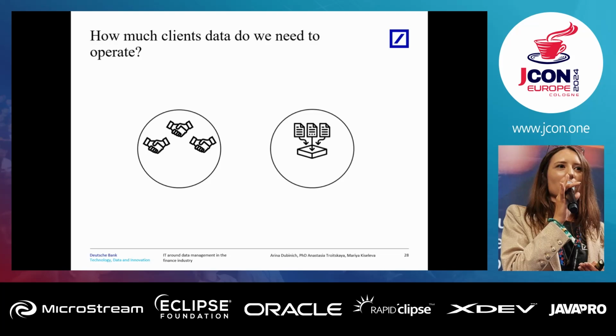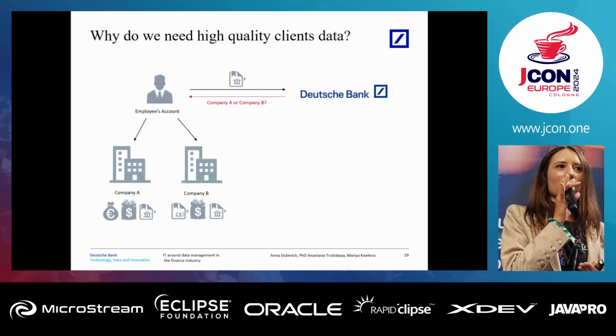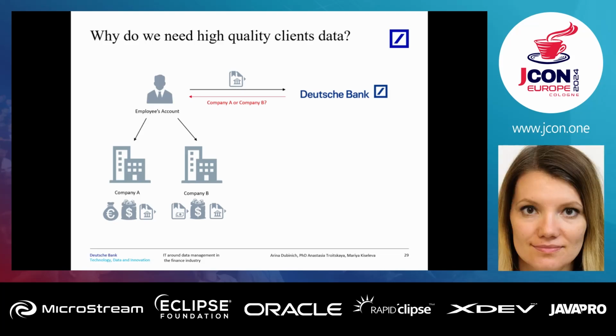The first one is the high quality of your data. So let me give you the following example. Imagine that there is company A and there is company B, and both of them are our clients. So they are both in our system already. And now company A would like to buy company B, so that every employee from company B should be created under company A as well.